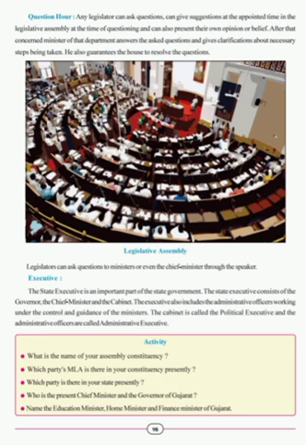Students, the state executive consists of the governor, then the chief minister and the cabinet. The governor appoints the leader of the majority party as chief minister. The governor appoints the members of the cabinet as per the recommendation of the chief minister, and in this way the state executive is formed. The executive also includes administrative officers who are working under the control and guidance of the ministers. The cabinet is also called the political executive and the administrative officers are called the administrative executive.